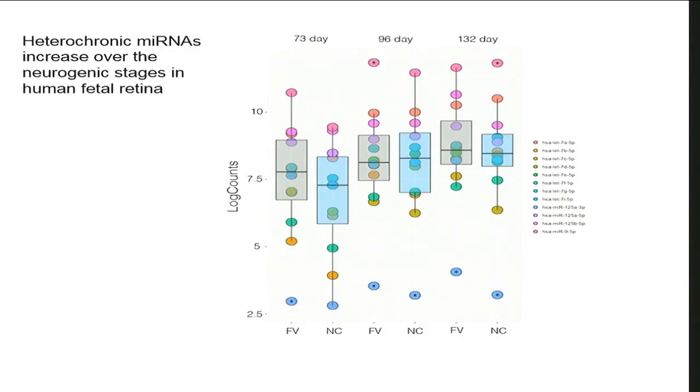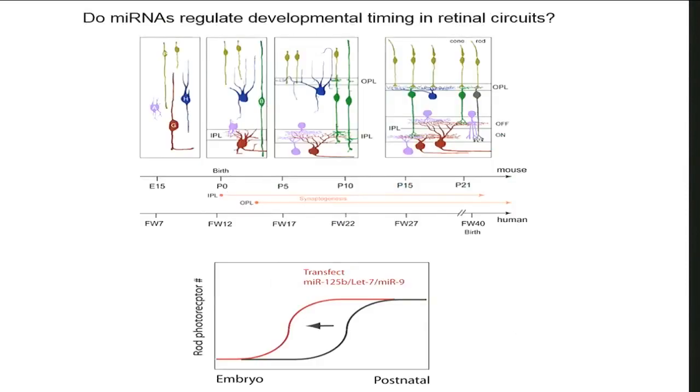It's also interesting, the fovea we find, which is a region of specialization within the human retina, actually develops in a little bit of an accelerated fashion compared to the rest of the retina. And we find that these heterochronic pathway microRNAs increase more rapidly within the fovea. So our goal then is to actually put elements of the heterochronic pathway back into the retinal organoids and then see if that speeds up their circuit maturation.